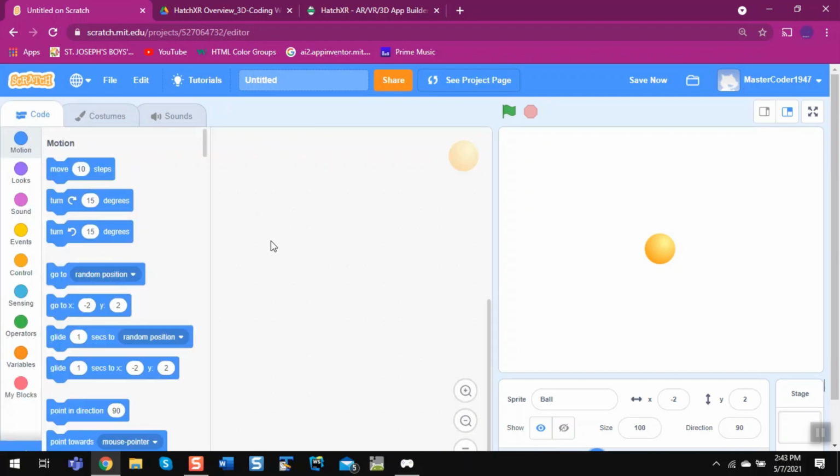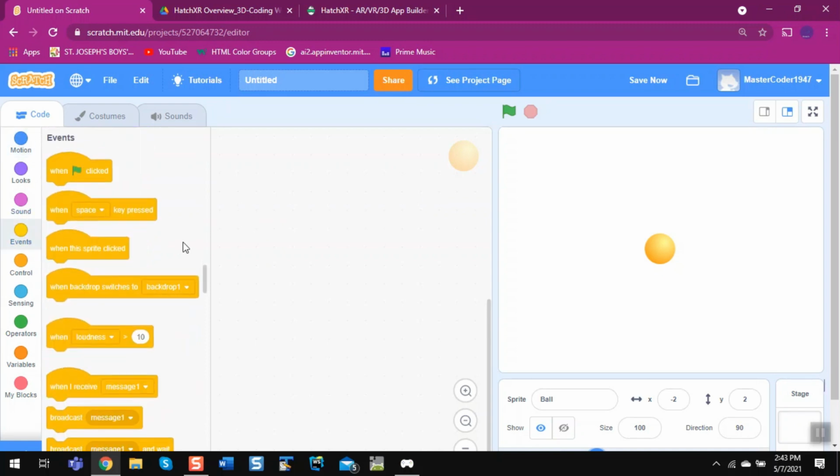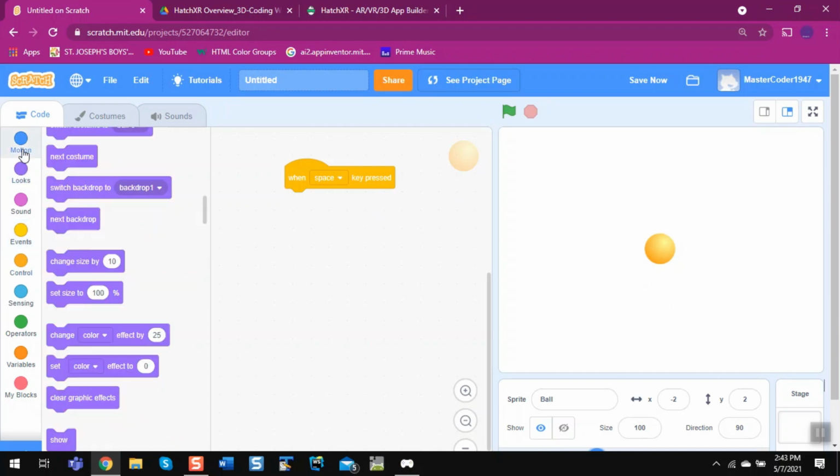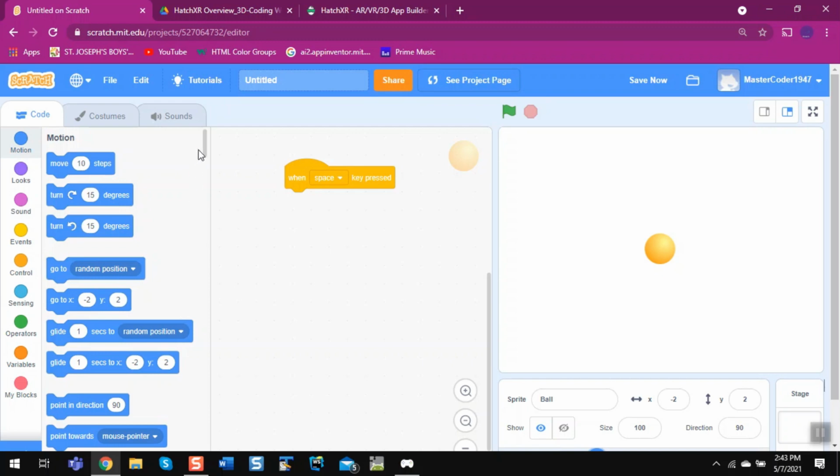Now when up arrow key pressed, we are telling what the animated ball can do when we click on up arrow, down arrow, or when we give it any instructions. So when space key pressed, then change this ball's y by 30, y value by 30.